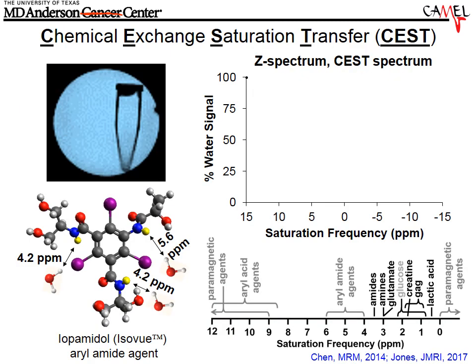So chemical exchange saturation transfer, or CEST MRI, has been developed during the last 20 years and has finally made it to clinical studies, particularly for breast cancer, also for brain cancer, and some other cancer types as well. I'd like to describe how this method works because it gives insights into why it is important for the study